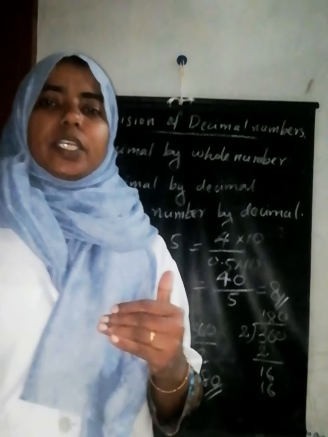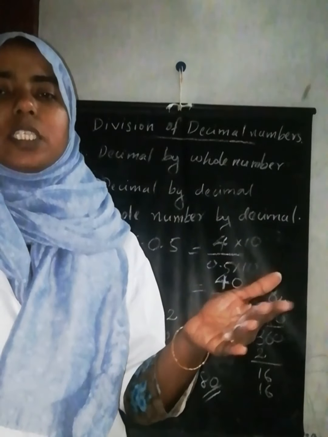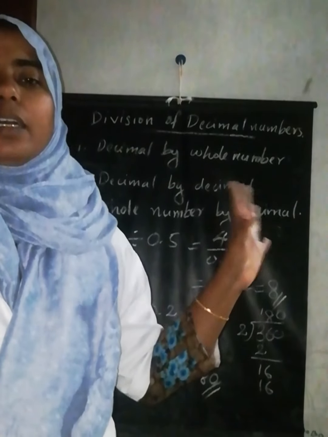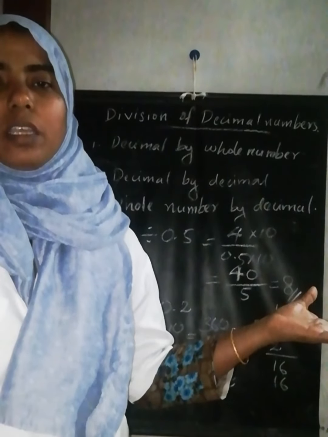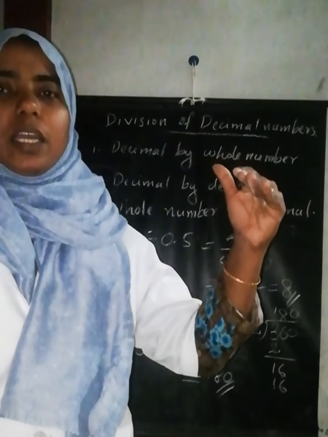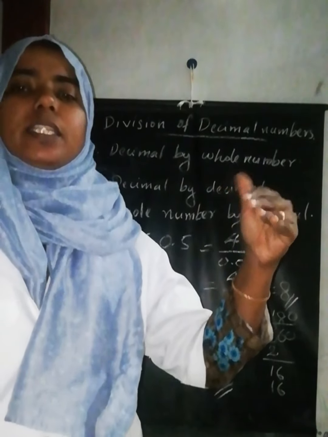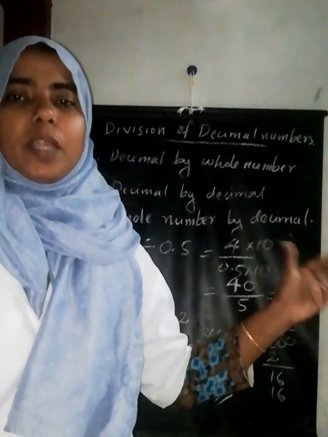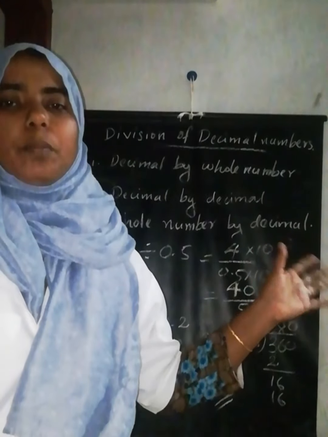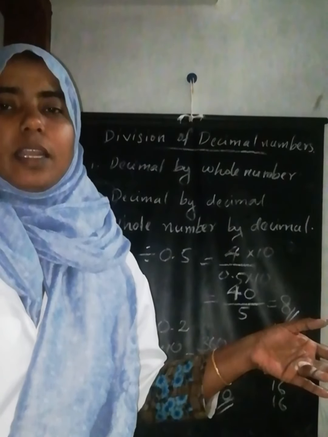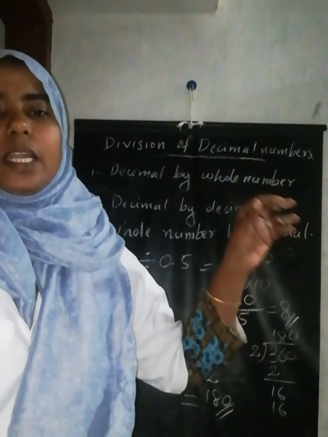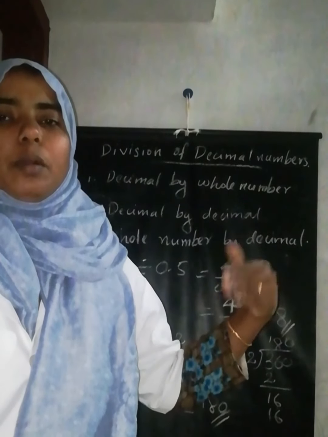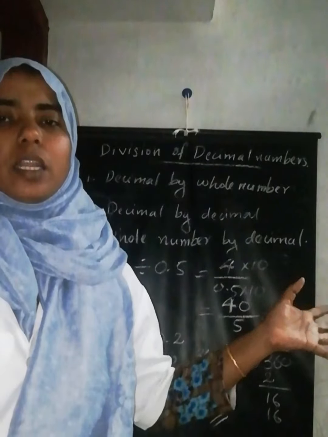So we reach a conclusion that if there is the same number of places in both numerator and denominator, we just avoid the decimal and write the question and divide it. If there is one decimal place in the divisor, you have to multiply by 10. If 2 places are there in the divisor, we have to multiply both numerator and denominator by 100. According to the decimal places in the divisor, we have to multiply by the number having zeros, 10, 100 or 1000.